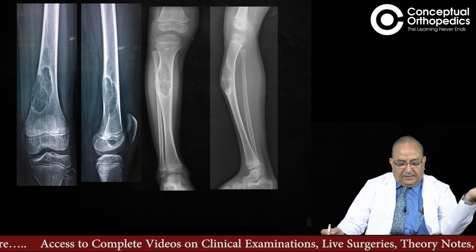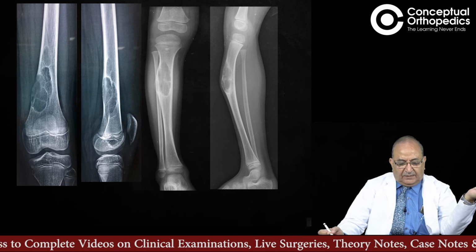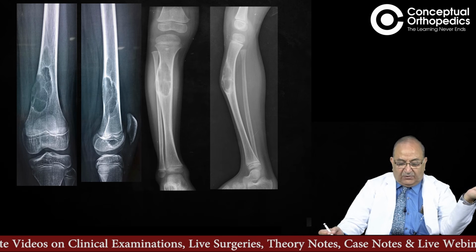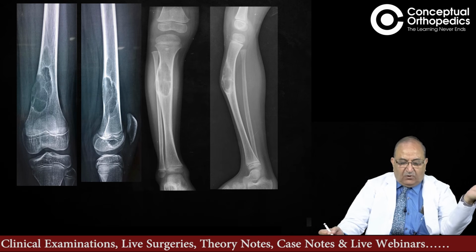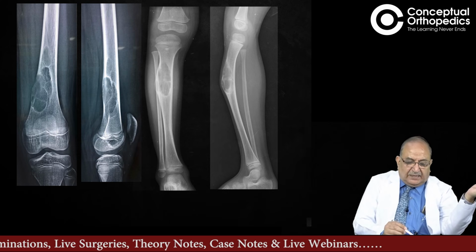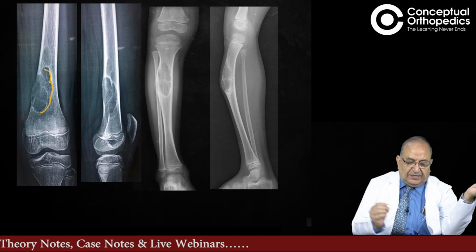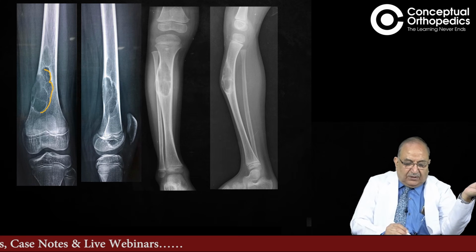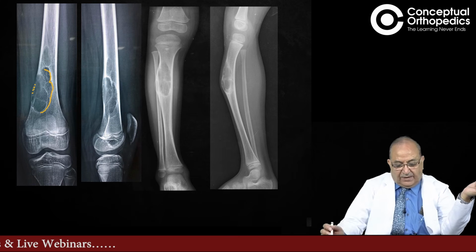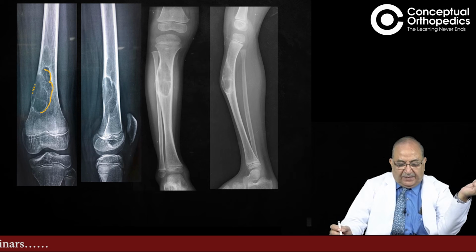The slide shows an X-ray of the femur along with the knee joint, and there is a lobulated kind of osteolytic area. Lobulated means it is not clear, but there are kind of lobulations here, and one cortex here is slightly destroyed, but inside there are septi. And there are one or two lesions